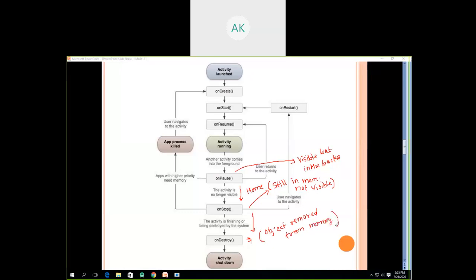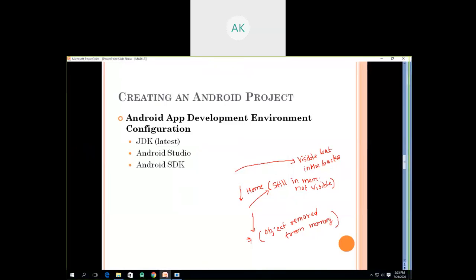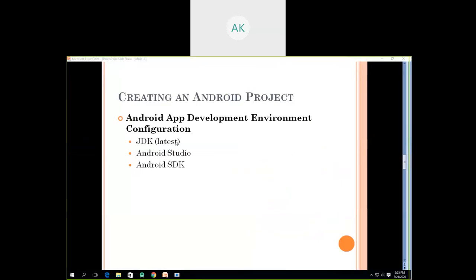Let's write a small program to understand the working of this activity life cycle. If you also want to write a program, you need a specific Android environment setup. To set up the Android environment, you require three pieces of software.